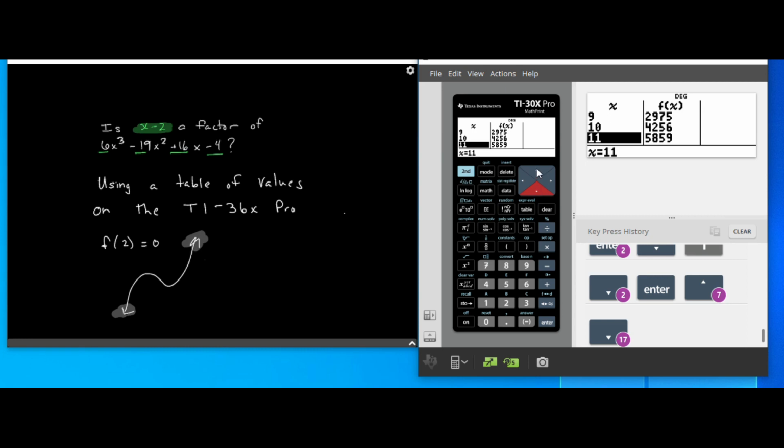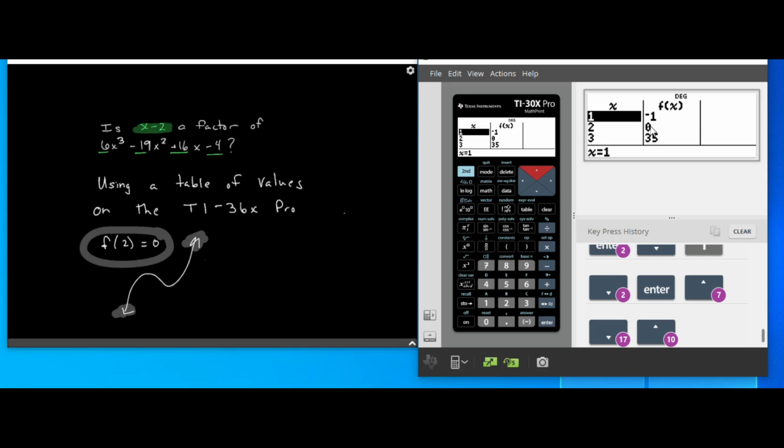Now, if I keep looking at this, what I want you to notice here is any time you go from x is equal to 2, which is a 0, which is one of our zeros that we find. We found that one already. Now, if I go down again,